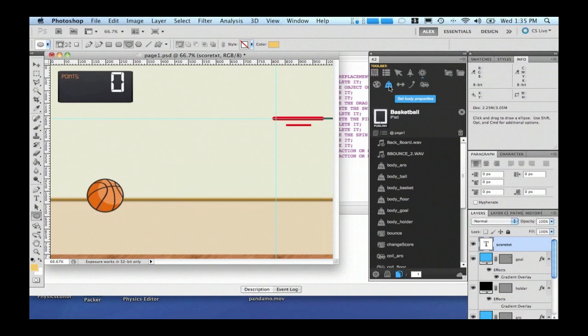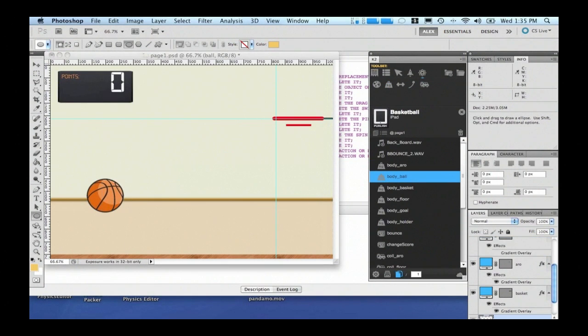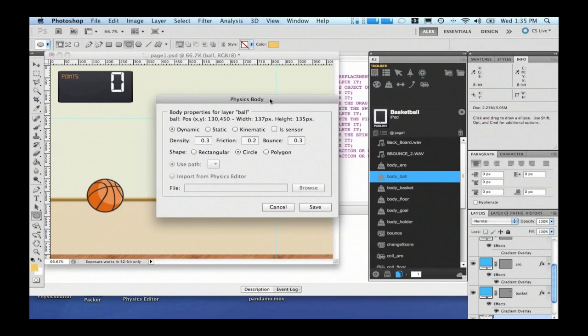Also, you have the concept of bodies. For each element that you want to create, you can set a body. And again, you say if it's going to be dynamic, meaning that it will interact with the gravity and everything, if it's going to be static, if it's going to be kinematic, meaning that it will work in the scenario but does not respond to gravity, or if it's just a sensor, something that will not render when it's there.